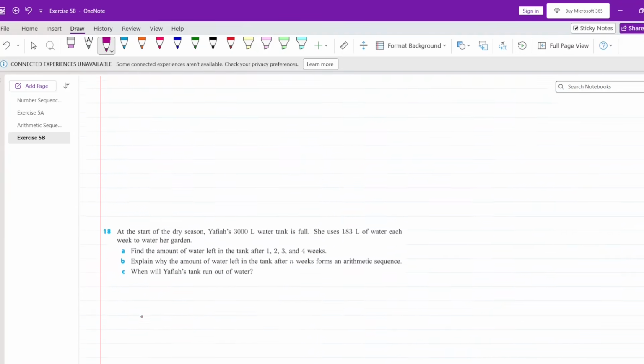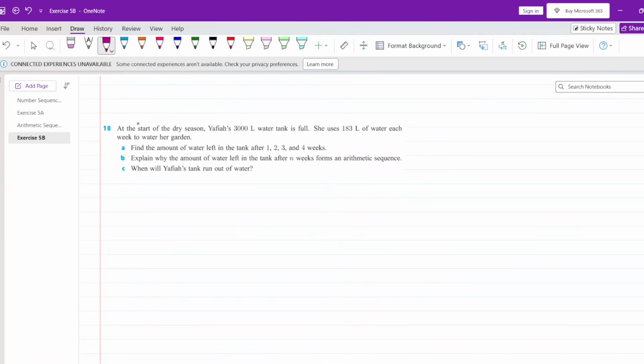Let's go to the next question. At the start of the dry season, Yafia's 3000 liter water tank is full. She uses 183 liters of water each week to water her garden. Find the amount of water left in the tank after 1, 2, 3, and 4 weeks. So after week 1, we'll be left with 3000 minus 183. That is